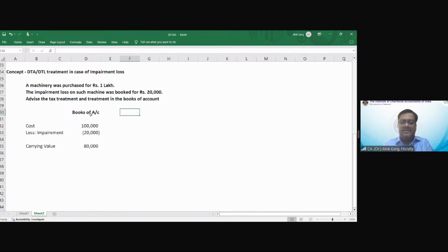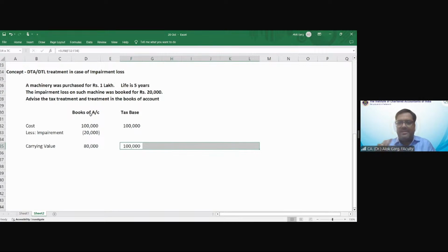Books of account, and this is my tax base. In tax base, this 20,000 will not be considered. In the tax books, this 1 lakh will be there. So this 1 lakh will be depreciated. For example, life is 5 years. In the tax books, this will be depreciated as a WDV method, 15% every year. In the books of account, this 80,000 will be depreciated over a period of 5 years,